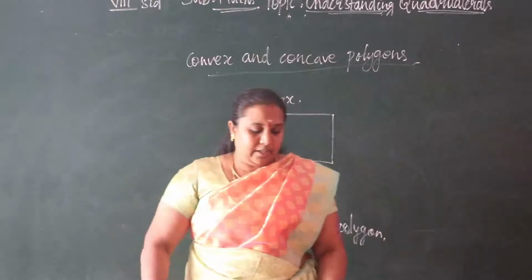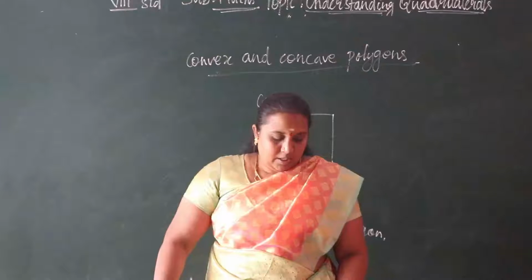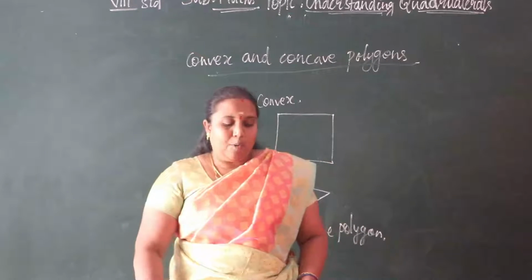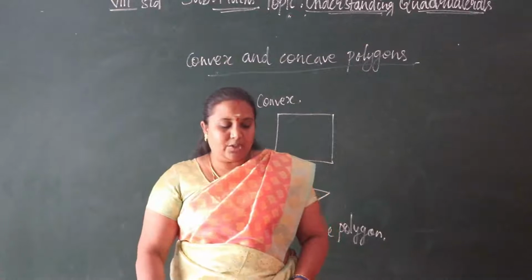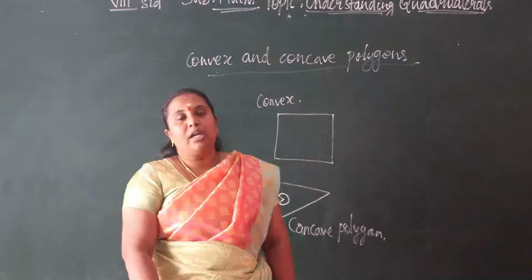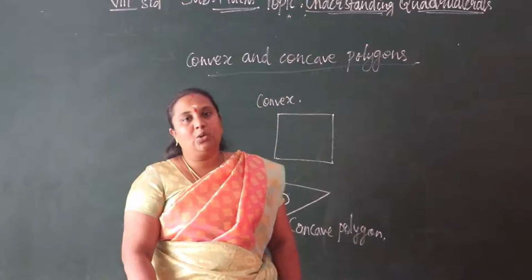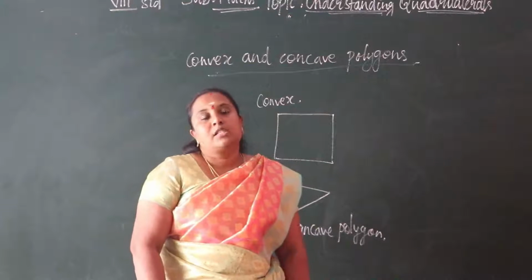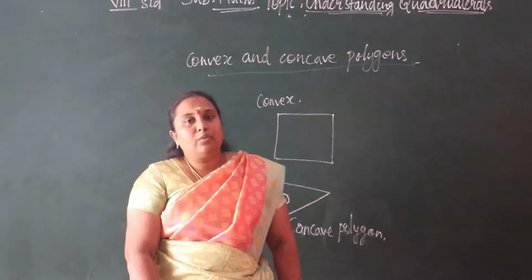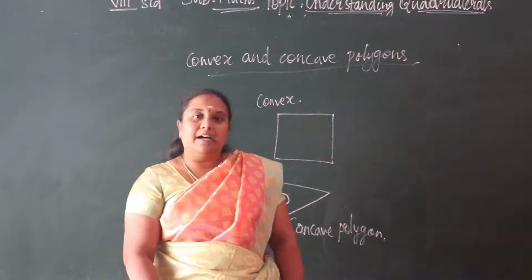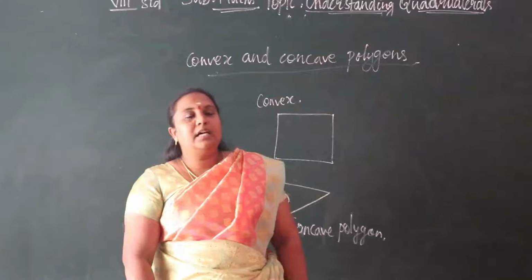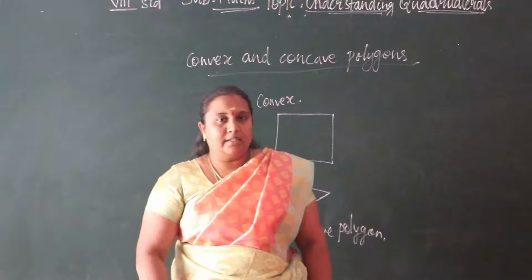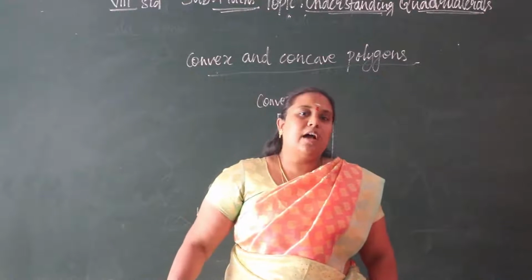So regular and irregular. A polygon which is both equiangular and equilateral, we can say it is a regular polygon. Square and equilateral triangle, not the other triangles. Only the equilateral triangle we can say is a regular polygon. So square is also having all the angles